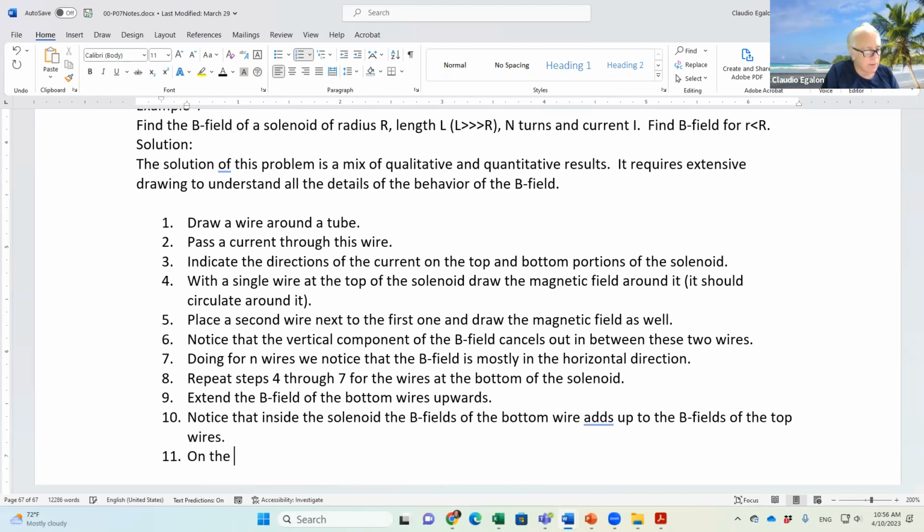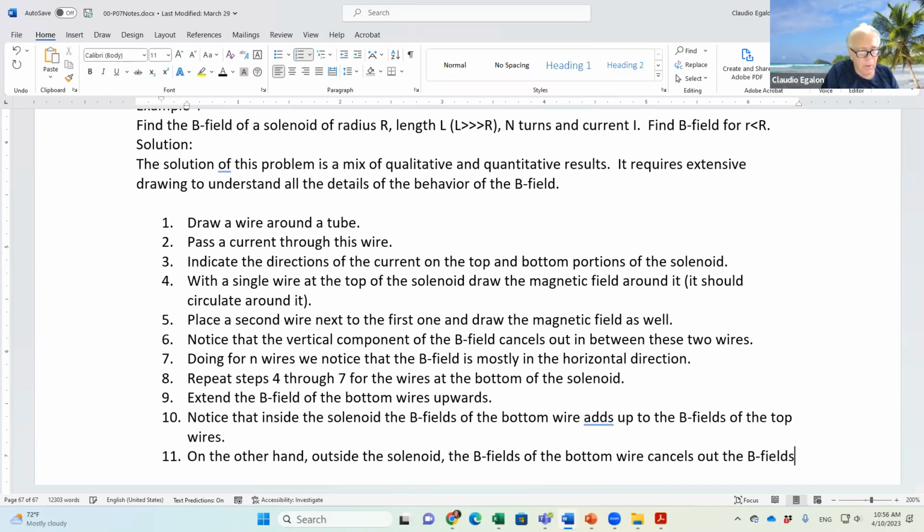On the other hand, outside the solenoid, the B field of the bottom wire cancels out the B field of the top wires. We can state,